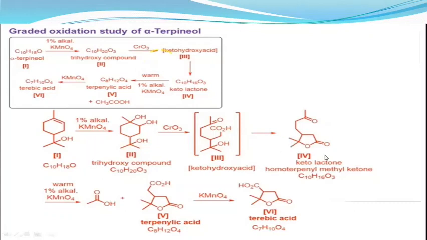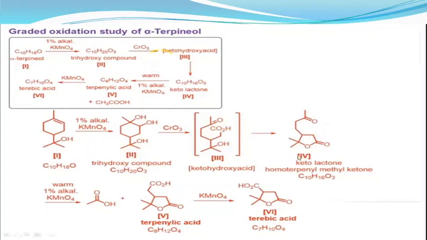There is a formation of this ketolactone, which might have been from the intermediate containing one ketonic group and a carboxylic acid. This carboxylic ketohydroxy acid was formed from chromic acid degradation. The cleavage takes place from here, resulting in the formation of this intermediate. As soon as this carboxylic acid is formed, it is trapped by this hydroxyl group, resulting in the formation of